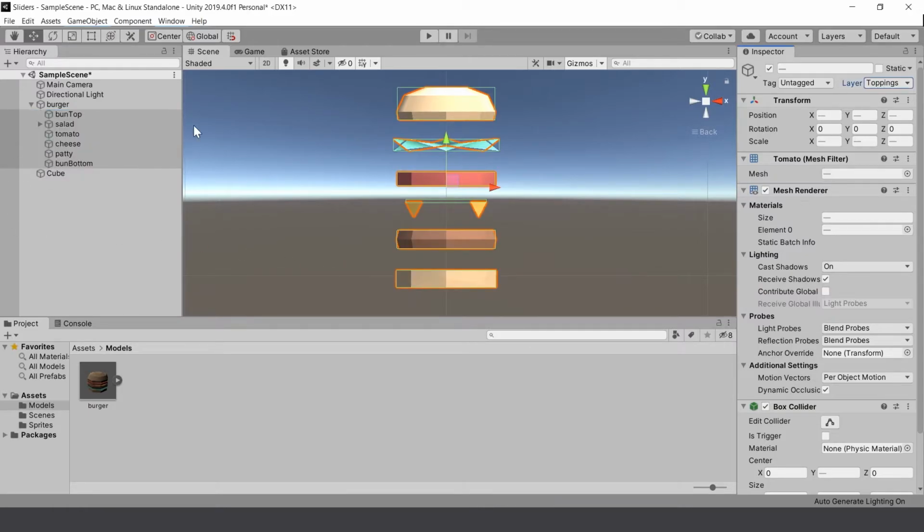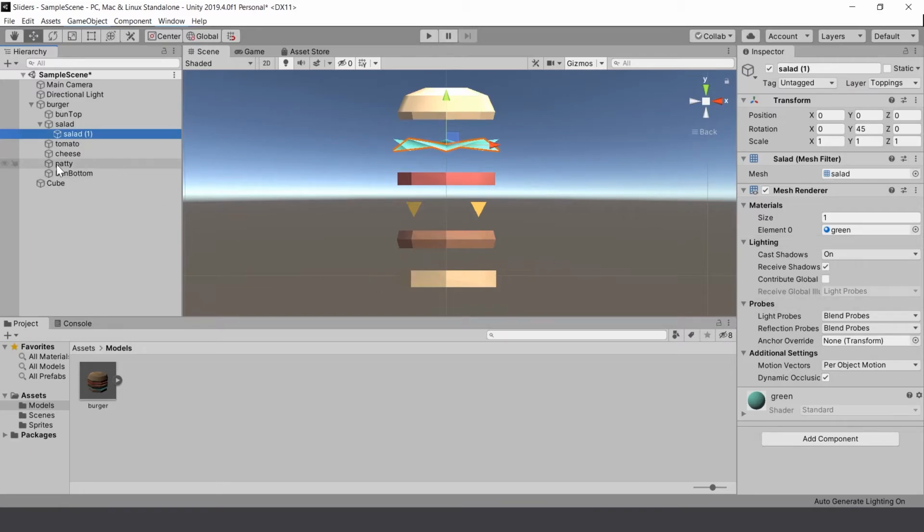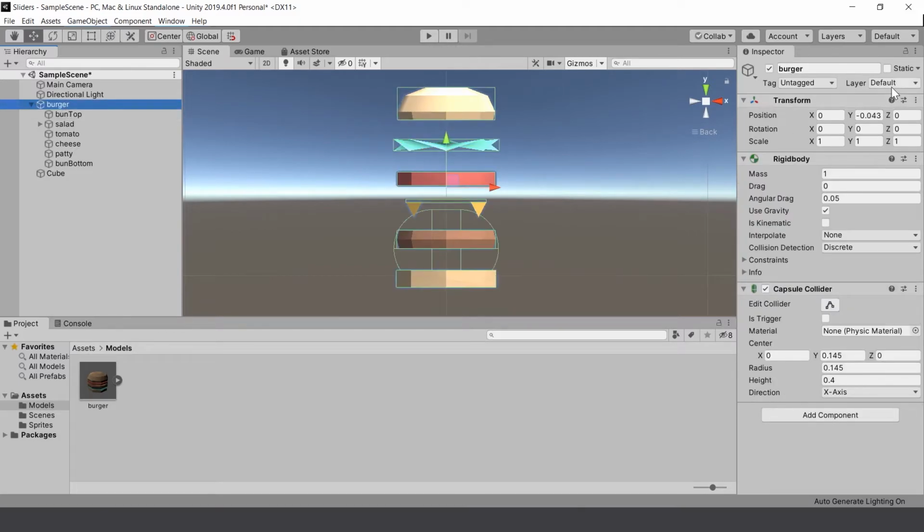Sure. It's just asking that because salad has that child, but that salad child doesn't have any colliders, so it doesn't matter. But that's fine. Whatever. And then for our burger, let's add a